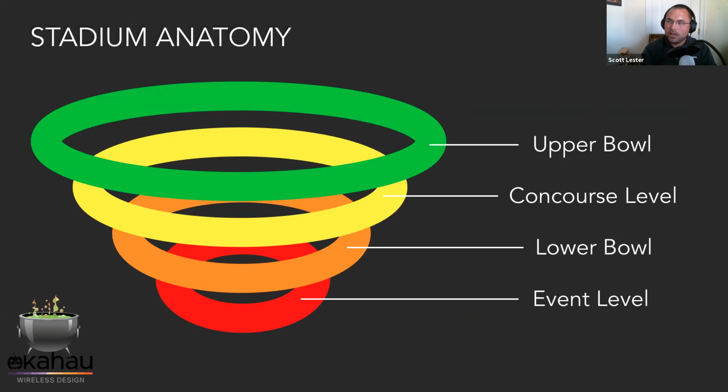Because your bowl, outside of maybe the beginning entry areas or the ending exit areas of a stadium, is typically going to be your largest concentration of users throughout the event. Now, obviously, intermissions, things of that nature, change that up a bit. You'll see people moving throughout the stadium. But I would say by far the bowl, being where our spectators, fans, or patrons are sitting, is the place that needs to be focused upon the most.